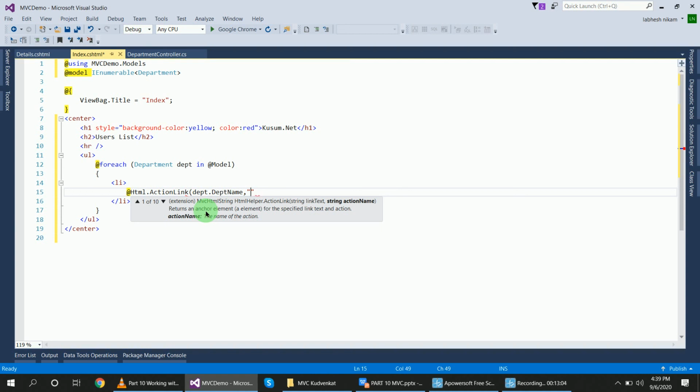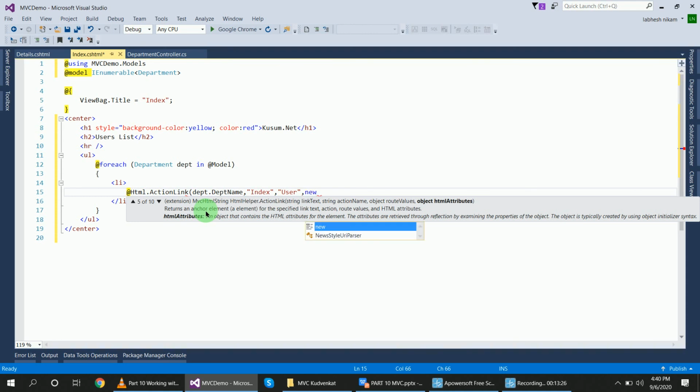By clicking on this department name, you have to go to index of user, because you want to display the user's names after clicking on the department name. So this user controller and new.